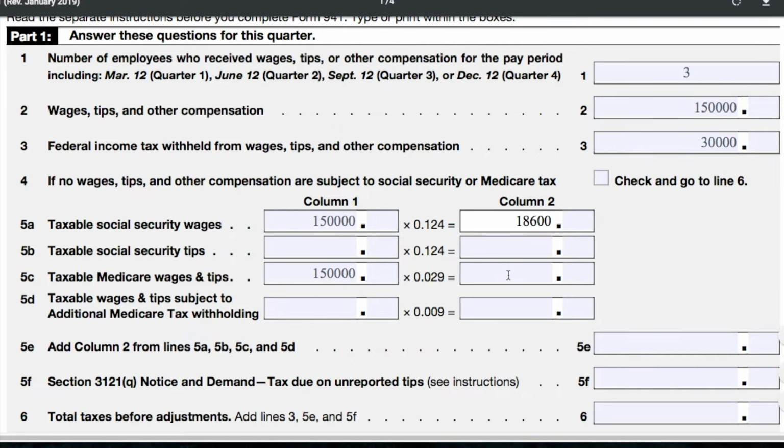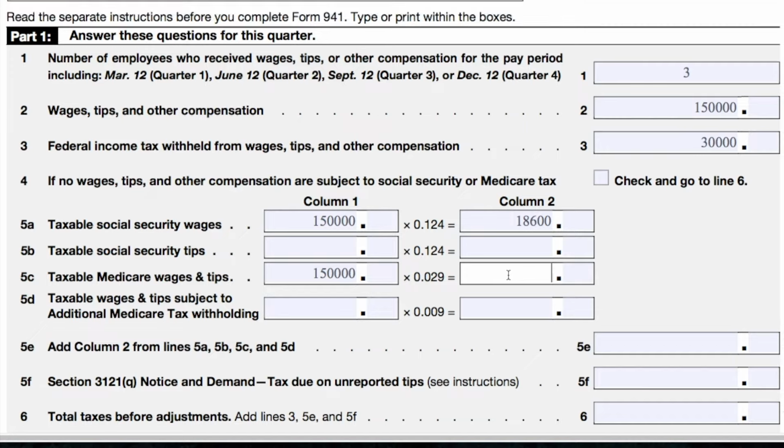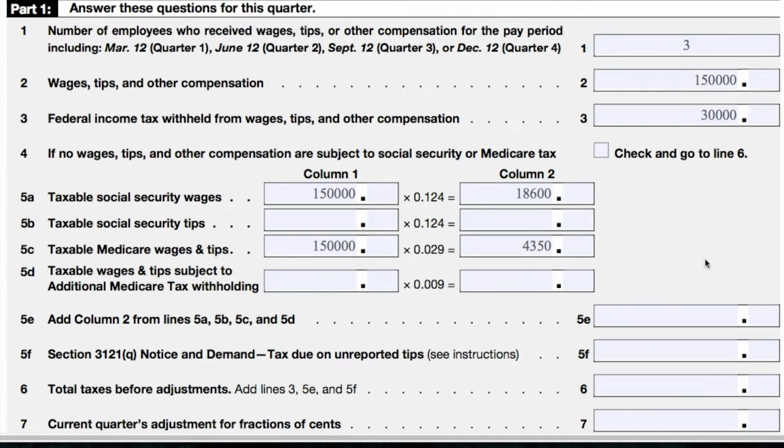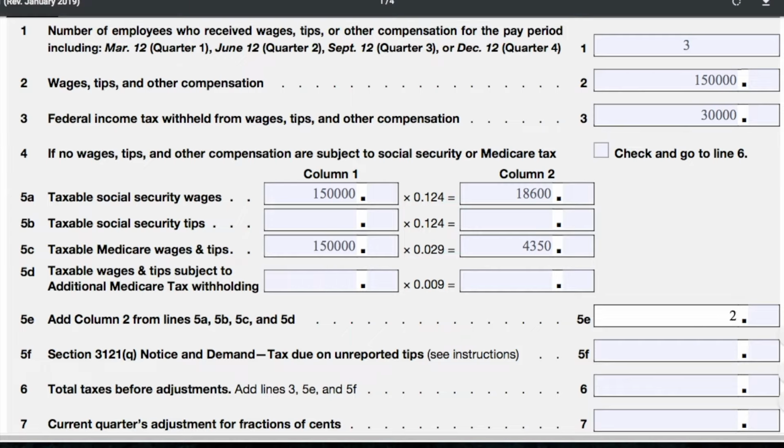And if I multiply $150,000 by 0.029, I get $4,350. Okay, and now I add up everything in column 2 and put it down in box 5E. That equals